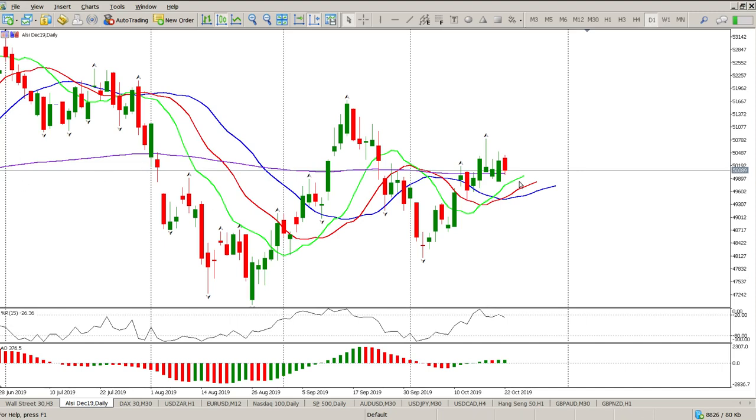Morning traders, and this is your Aussie day trade setup for today. On the daily we have got a second bearish signal. The first one was this pin bar, and now we have a piercing pattern. This piercing pattern is when price gaps up above the previous day's close and then closes sort of halfway